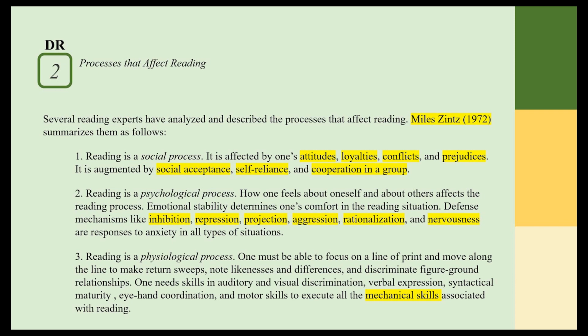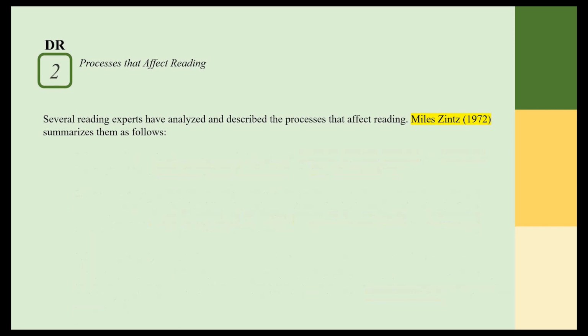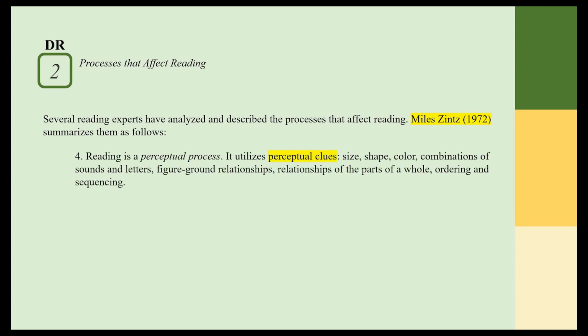So if a person has some physiological difficulties, it will be very hard for that person to have a satisfying reading experience. The next angle with which Miles Zins views reading is that it is a perceptual process. Perception is the ability to receive and process signals or stimuli. So it utilizes some perceptual clues such as sizes, shape, color, combinations of sounds and letters, figure-ground relationships, and